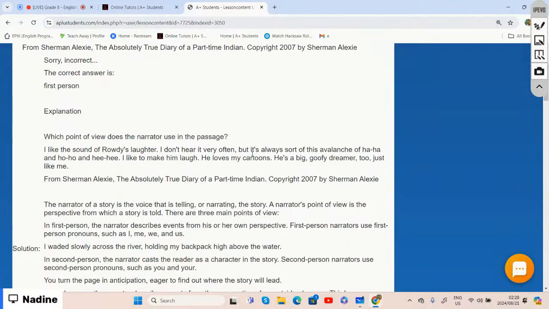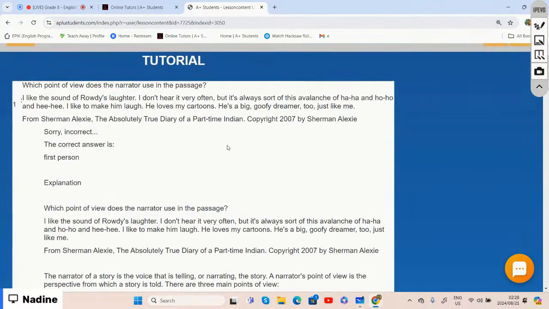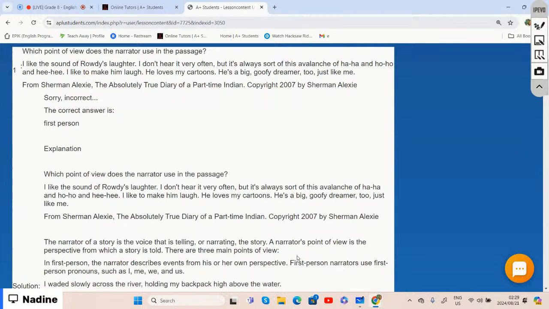So I just made mention of the narrator's point of view, right? The narrator being the one that tells the story, narrating the story, and giving his or her point of view of what the story is really about, his or her perspective. And we said it is given either in the first person, second person, or it is being given in the third person. And once again, before we continue, by doing our activity,